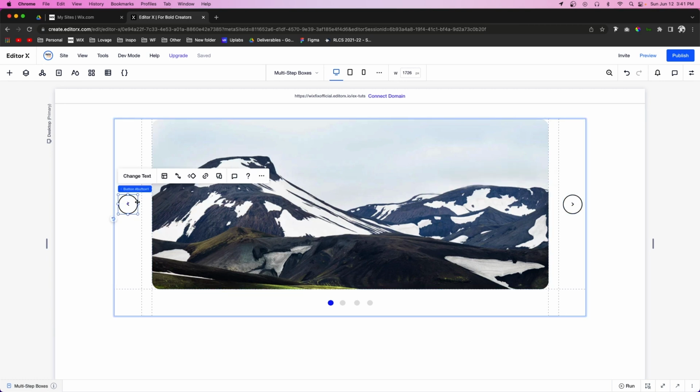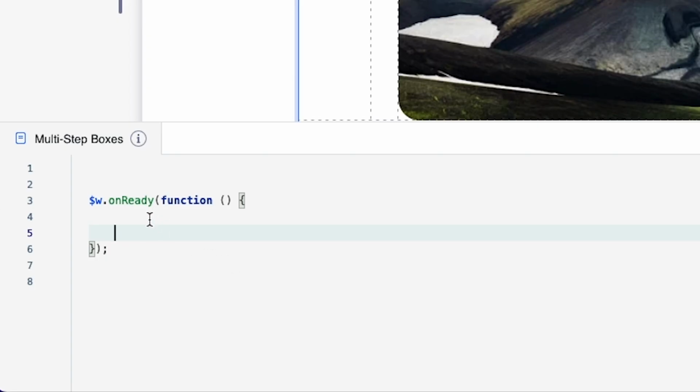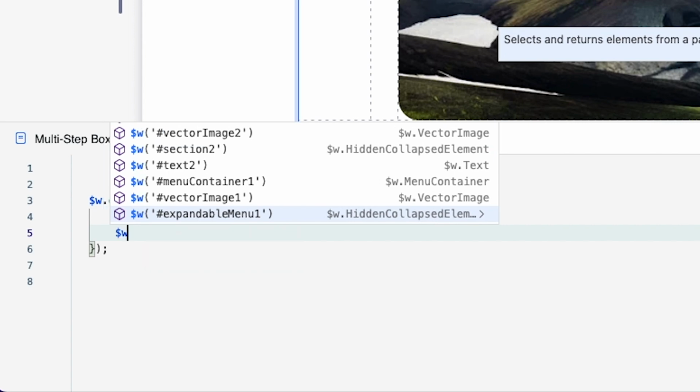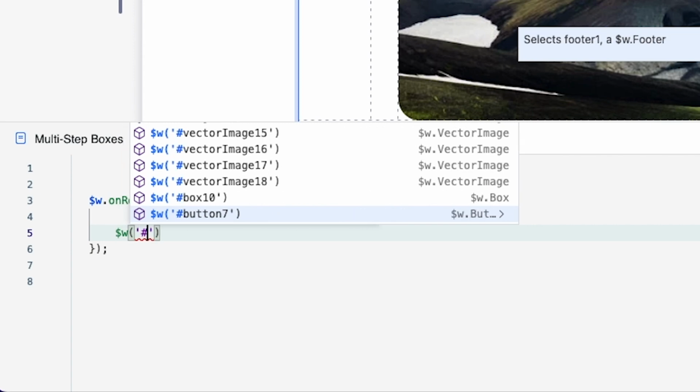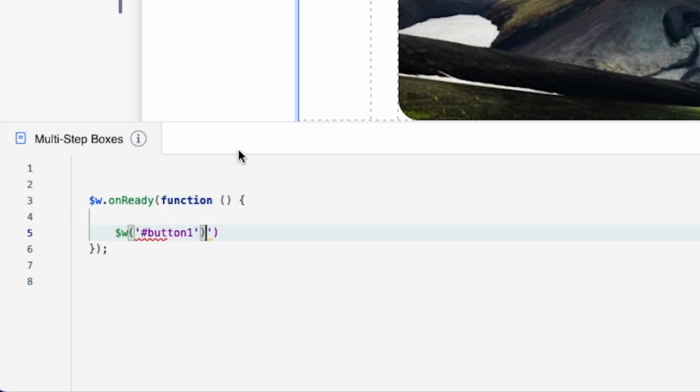So what we want button 1 to do is go all the way to the end, and we want button 2 to go to the very next item. So if we go ahead and open up our coding panel, inside the onReady function, what we're going to do is go ahead and call the button. So we're going to say $w button 1, and we're going to say on click,